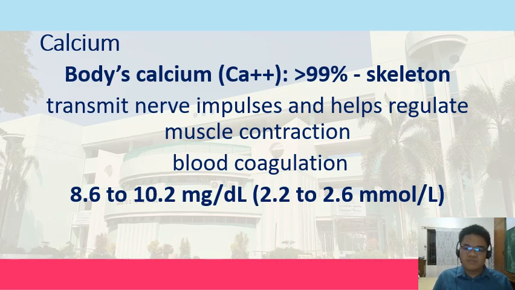99% of our calcium is stored in our skeleton. This is the inactive form of our calcium. Calcium has several functions in the body. Other than maintaining bone strength, it is also used to activate enzymes, transmit nerve impulses, and help in the regulation of muscles, which includes skeletal and cardiac muscle contractions, and blood clotting or blood coagulation. The normal amount of calcium is 8.6 to 10.2 milligram per deciliter or 2.2 to 2.6 millimole per